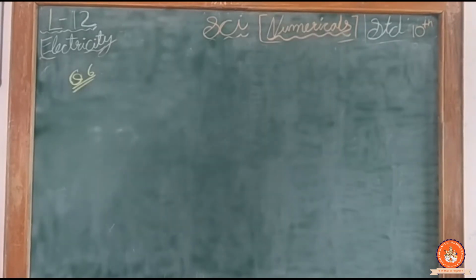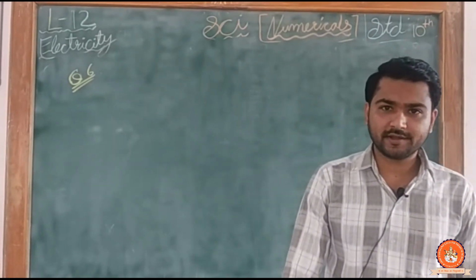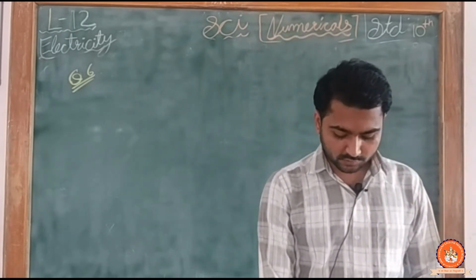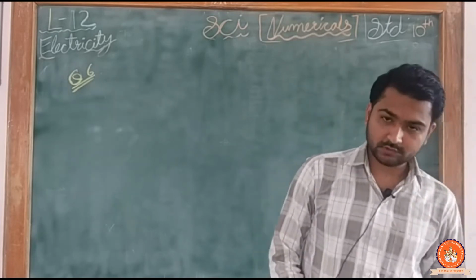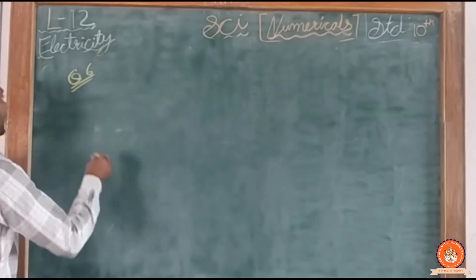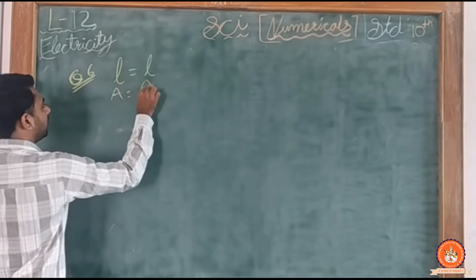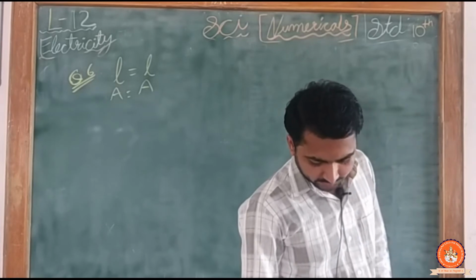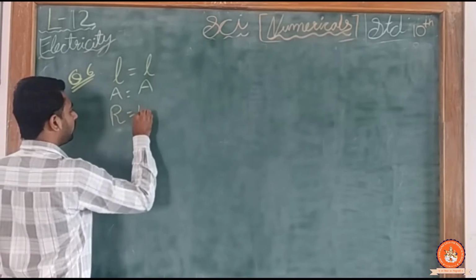Now students, moving on to question number 6. Okay, so read the question from your textbook, that is in page number 209. They give us the question like a wire of given material having the length L and the area of cross section A. So they told us there is one wire, its length is L. Okay, area of cross section is A. Has a resistance of 4 ohm. Okay, the wire has the resistance of 4 ohm.